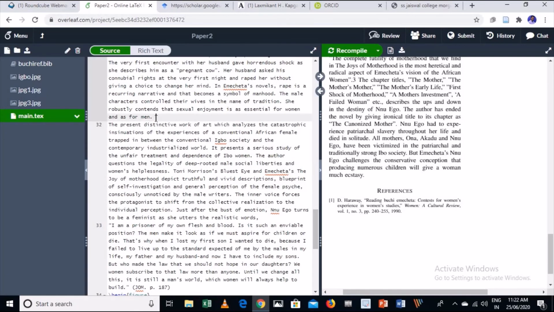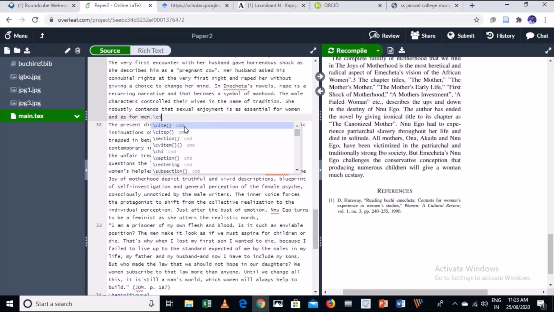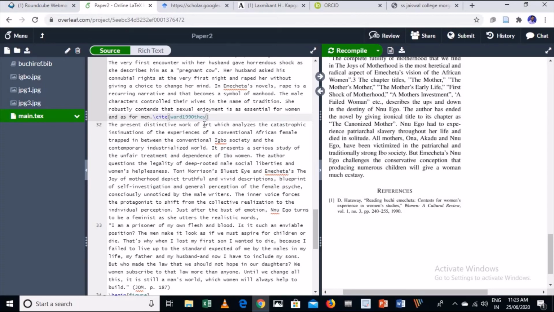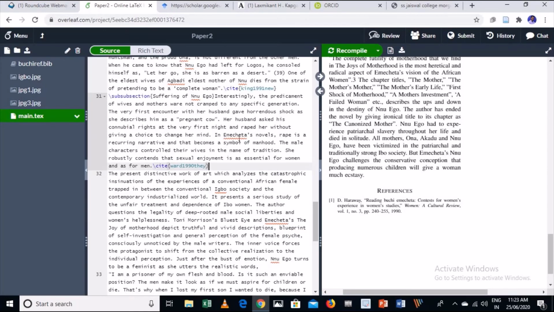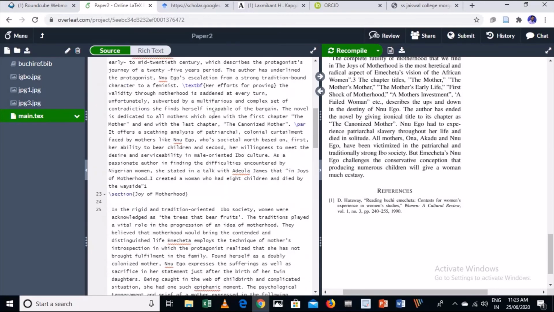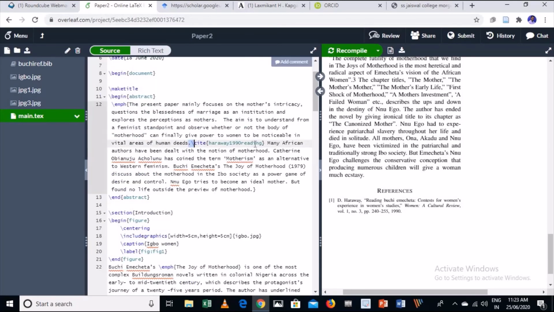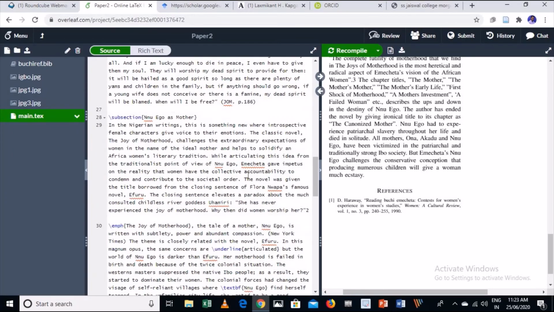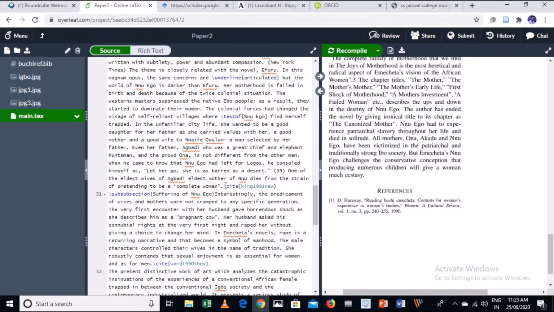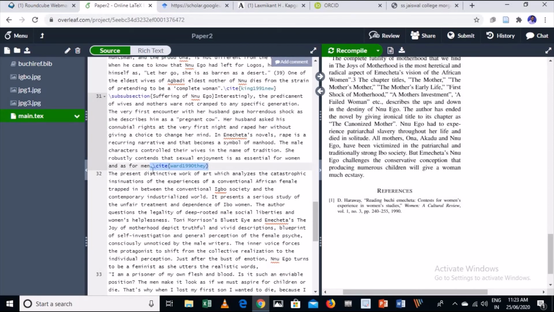Again if you want to cite another work, you click, type cite, select this, and the third article which I am going to cite here. You can see in the abstract section this is the first one, the second one, and this is the third one. Now three articles I have cited in this paper. Let's see the result.